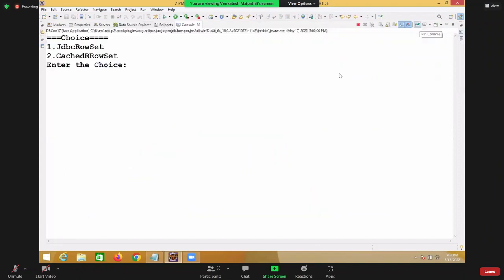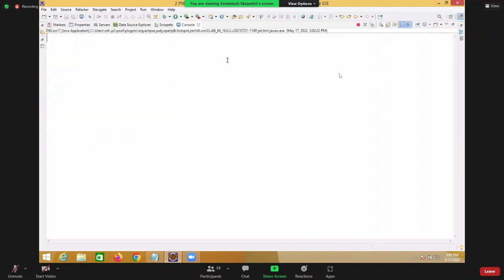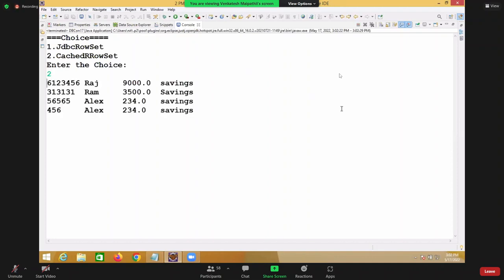So which one do you want now? JDBC RowSet. It is displaying the product details. Okay, right. Suppose I selected cached RowSet. So this is, 4 records are available in the bank. Roughly, the information to you here is